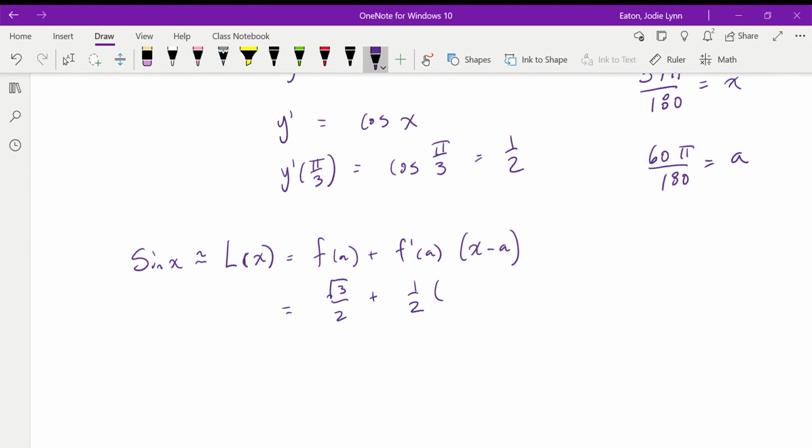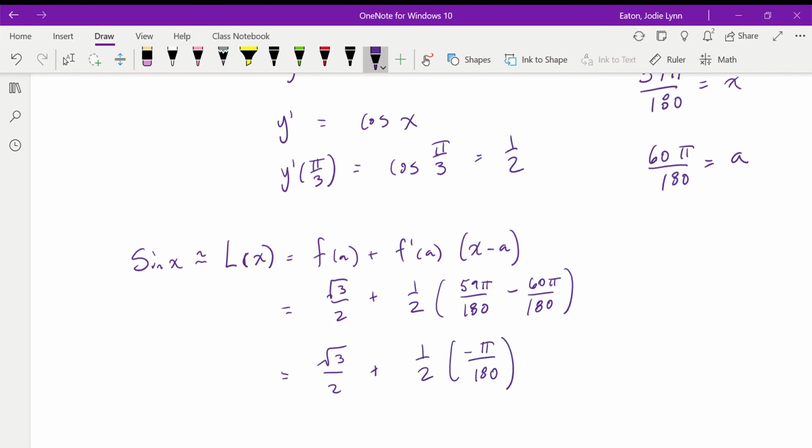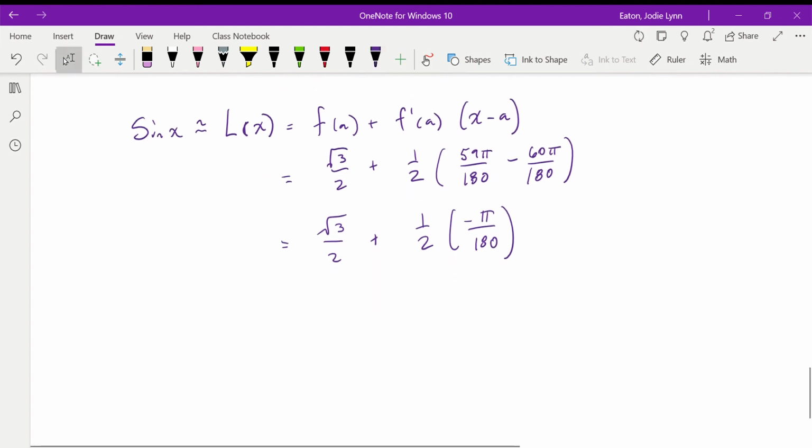So if we look at x is 59 pi over 180 minus 60 pi over 180, which is root 3 over 2 plus 1/2 times negative pi over 180, which is root 3 over 2 minus pi over 360, which is